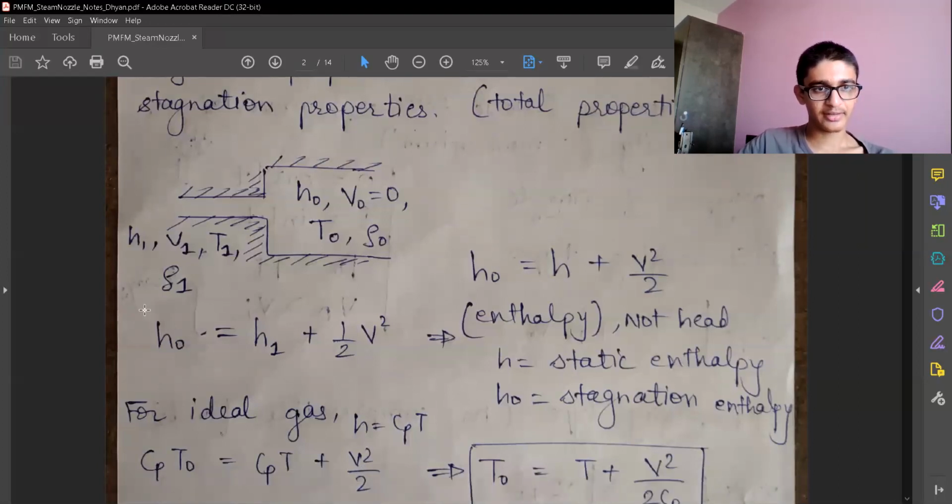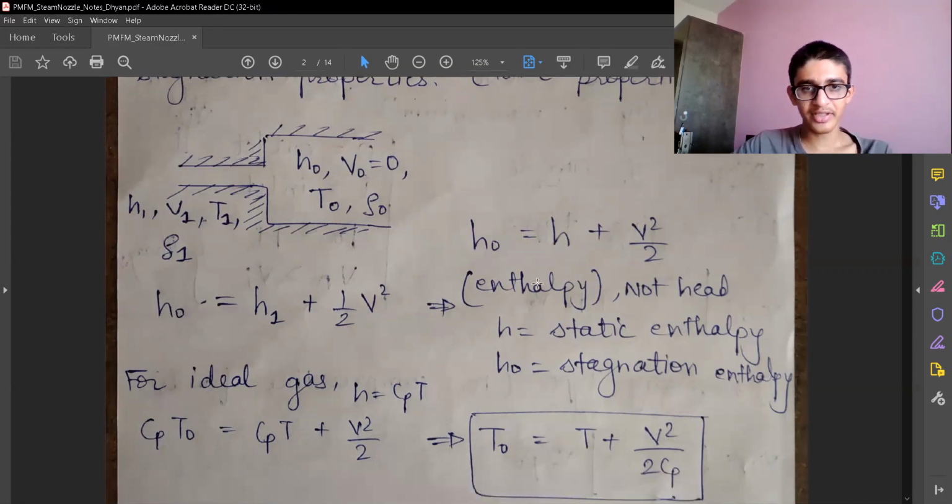So let's write the mass energy equation, the steady flow energy equation. Here H is the enthalpy, V is the velocity. Since the velocity at the outlet is zero, we have ignored that term, and the elevation head, we are ignoring, the same average elevation for the flow. That means the elevation change also does not come. So we have only enthalpy and velocity coming into the picture. Using this, we can define the stagnation enthalpy, or the total enthalpy.